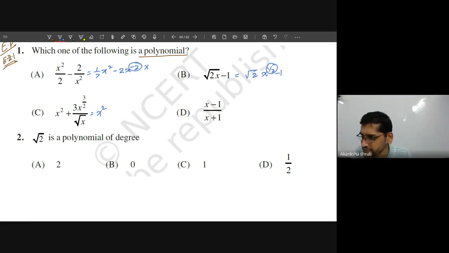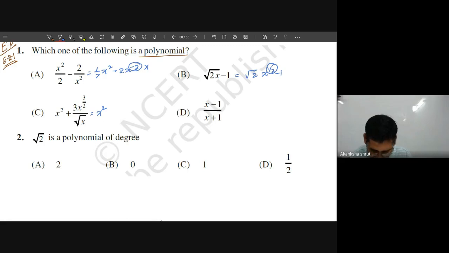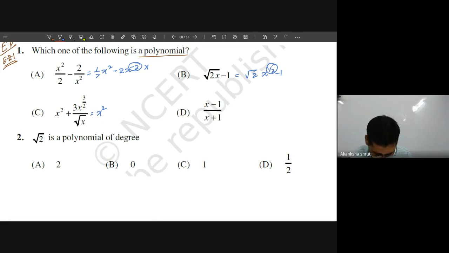How can this x to the fourth be a polynomial when x to the fourth is in the denominator? It is not a polynomial, because when it comes from the denominator to the numerator, the power will be minus 1. Good. And what about this c? Sir, it will be the polynomial. Very good. So you have to just simplify.